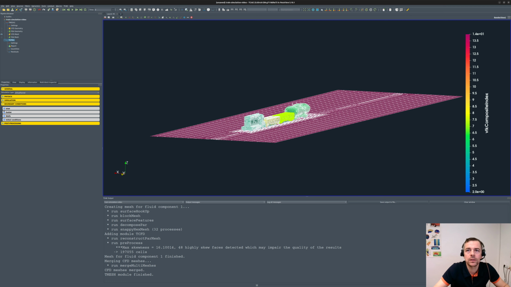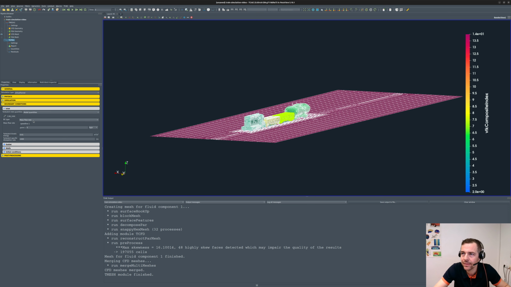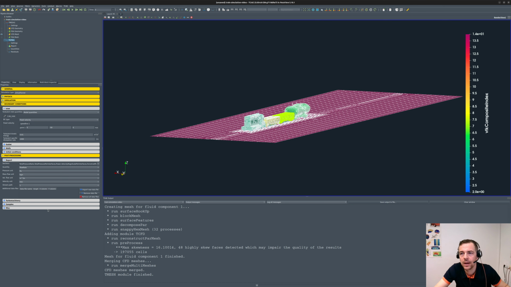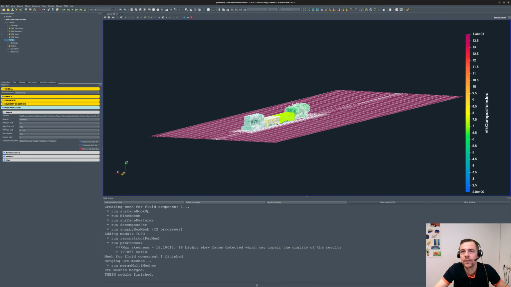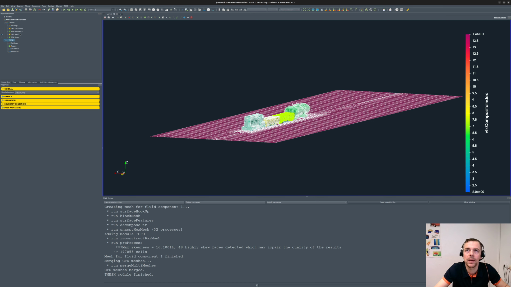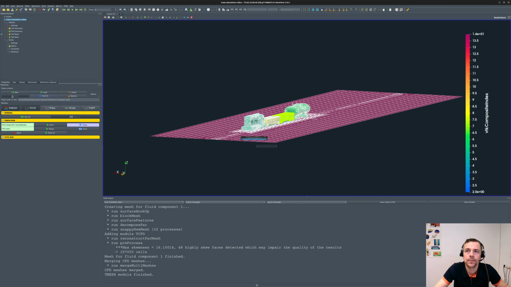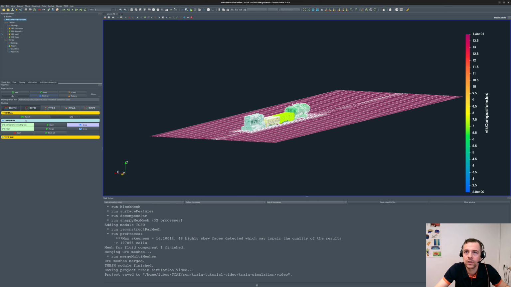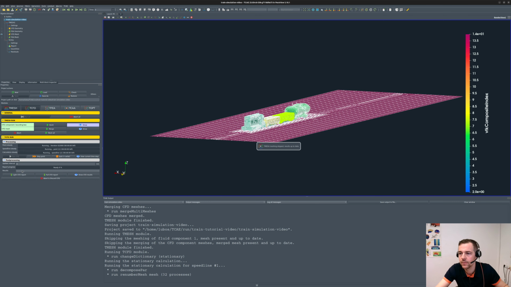There are not so many more things I need to set up. I definitely need to set up the boundary conditions. So at the inlet of my virtual tunnel, I will specify the velocity. I will say it will be a fixed velocity, 50 meters per second, and in the post-processing, at the moment I'm fine with the default settings. Maybe we can get back to it later. So I will save the simulation and I will run the automated run, and let's see what's